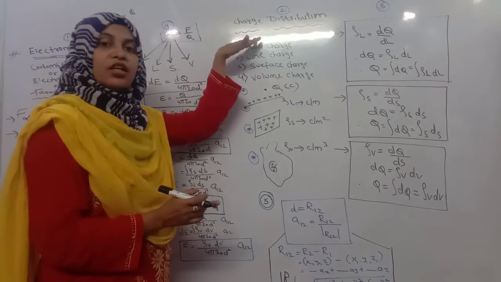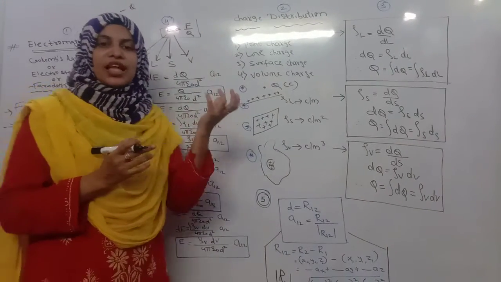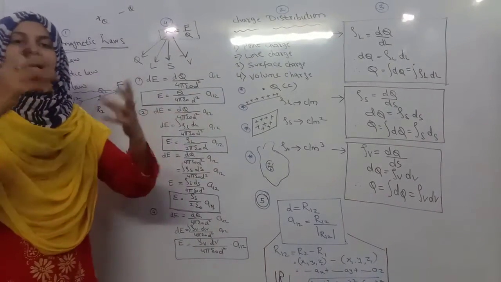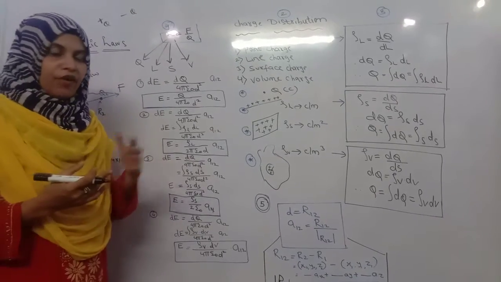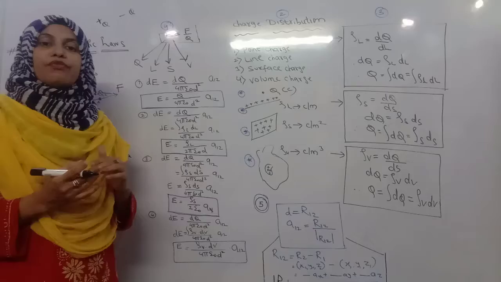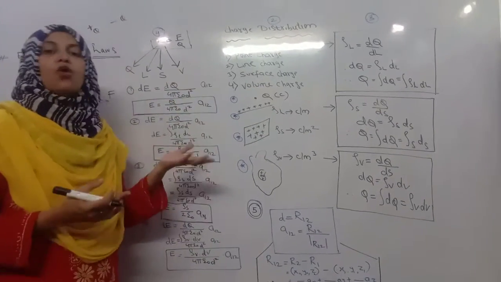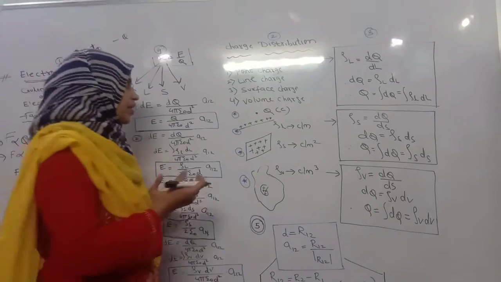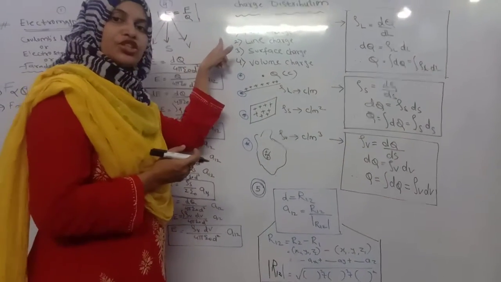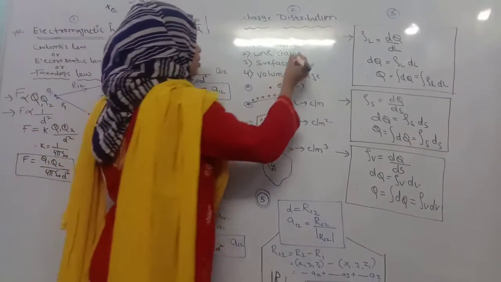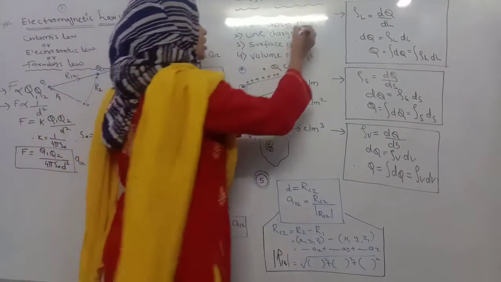What I mentioned here is the charge distribution. Yes, charge distribution means that in free space the charges are spread, the charges are distributed. How can we identify them? You need to identify them by name, and depending upon the application, you have seen in many ways how the charges are placed and spread. So what are the types of charge distribution? First I mentioned the point charge, that is simply Q, the point or dot is nothing but Q.